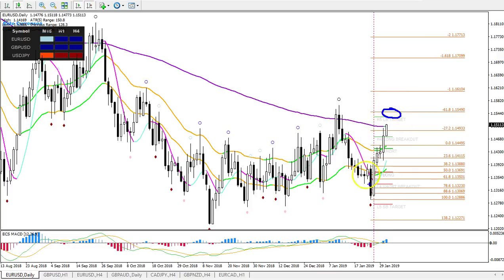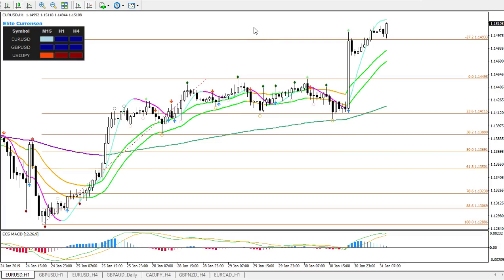We'll have to see how price responds to this minus 61.8 target. For the moment, definitely bullish, and actually we've been trading this in the ECS Live channel as well this week,